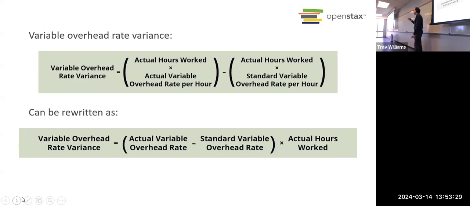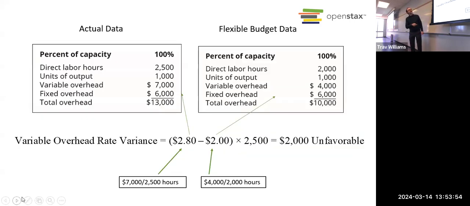And then, of course, there's another one where we look at the variance in the activity. That's called an efficiency variance, right? So with materials, we called it a quantity variance. With labor, we called it a time variance. With variable overhead, we call it an efficiency variance, but it's all the same thing. Okay, so let's see how it plays out here in real life.